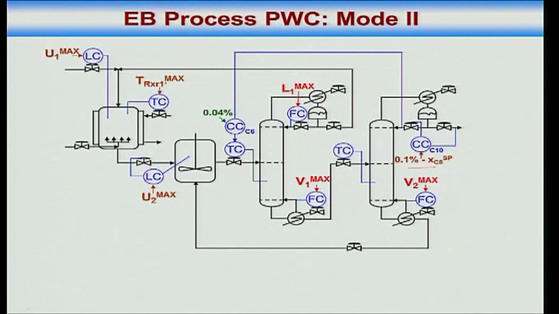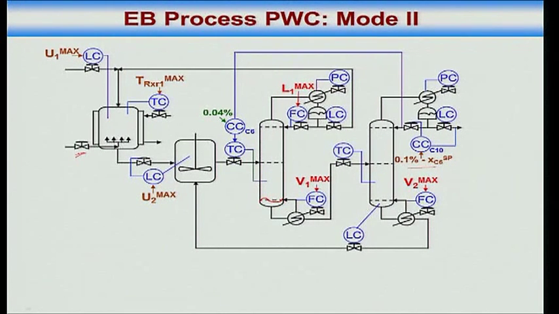Then I put level controllers on the column, pressure controllers on the column. So this level controller works this way, this level controller works this way, this level controller works this way. Pressure controllers are standard, using condenser duty on both the columns. What about this level? There are no valves to control this level. The only valve that's available is this guy. You see what I am saying?